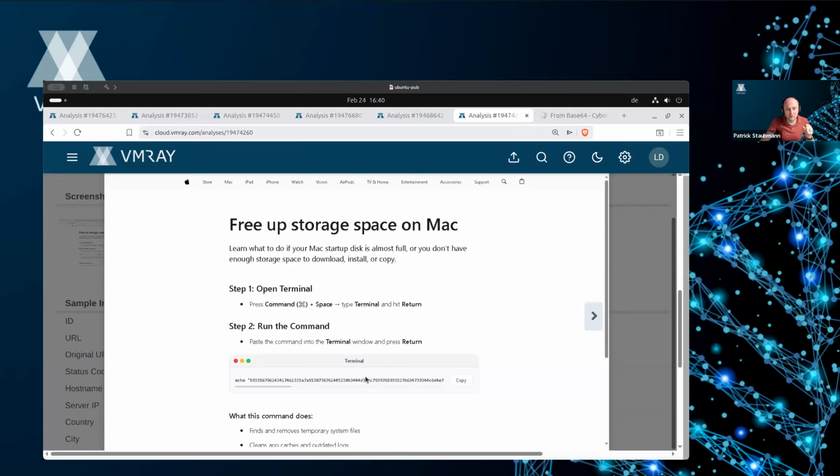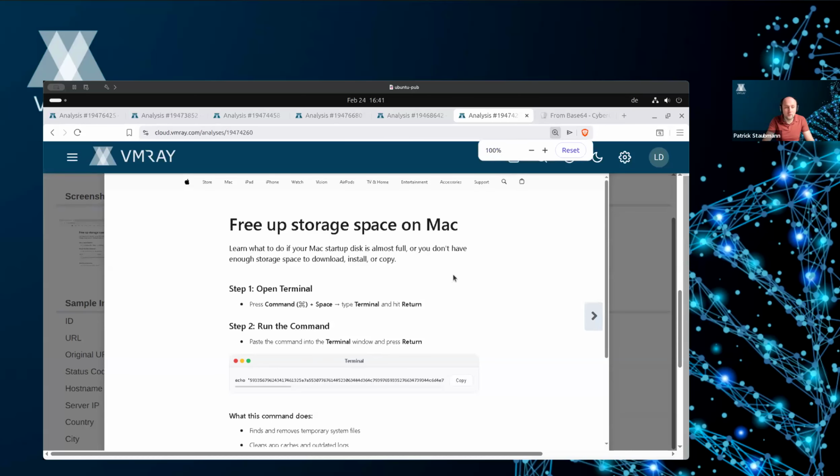We see that it's no longer only targeting Windows, but it's actually also targeting macOS in the meanwhile. And I think that's definitely concerning, and of course, detections have to be adjusted. We need to be aware of that so that we can properly defend this attack vector as well. Here, Patrick, I think the one question is what was the operating system in the virtual machine analyzing this URL? Why did it pop up this MacBook?